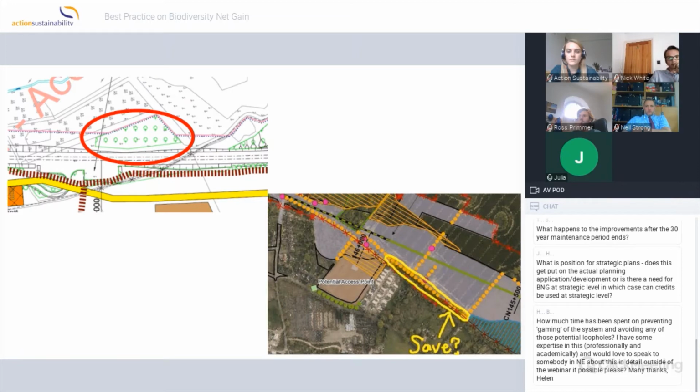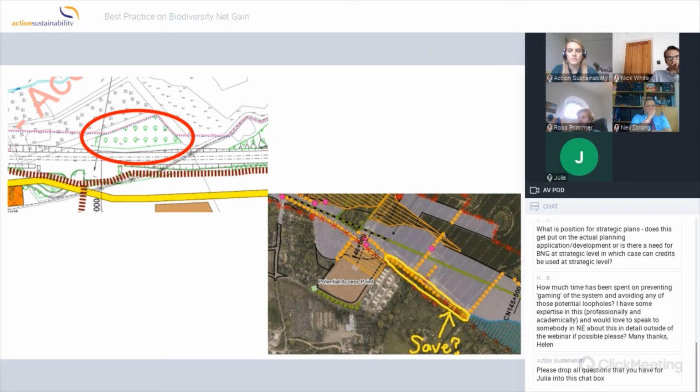Another example, top left in the red circle there, was an existing patch of woodland, and it was marked down for clearance because it was a material storage area, and then replanted with woodland. So we were just like, look, okay, what can we do here? So we explored all possibilities of that.